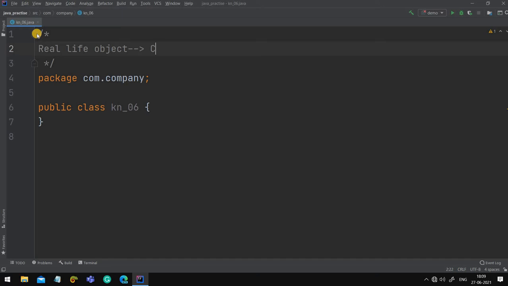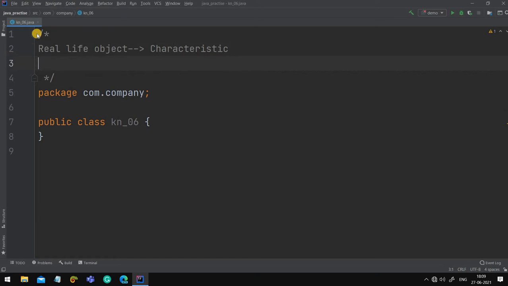That is characteristic, or let me tell it behavior. Let's name it as first characteristic only. Characteristic. Now the second one is your behaviors.